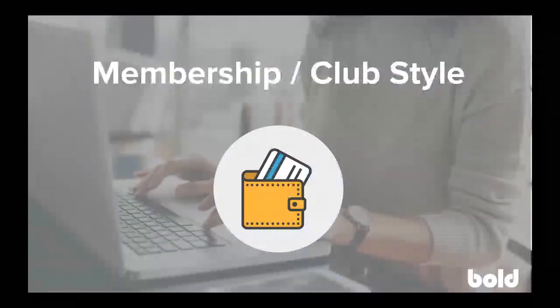The third example is a membership club style of membership. So this is similar to, say, a Costco membership, if you're familiar, where a customer could pay a certain amount of dollars per month, say $10 a month, to get either access to your store or to get privileged access to your store, where they would get additional discounts, maybe something like free shipping, or they get access to exclusive content like a blog or videos that people normally can't access.